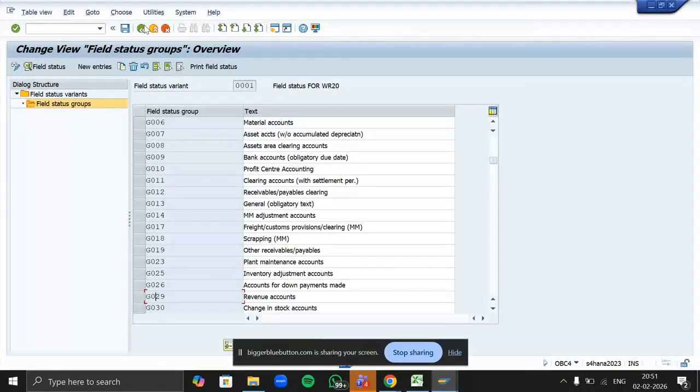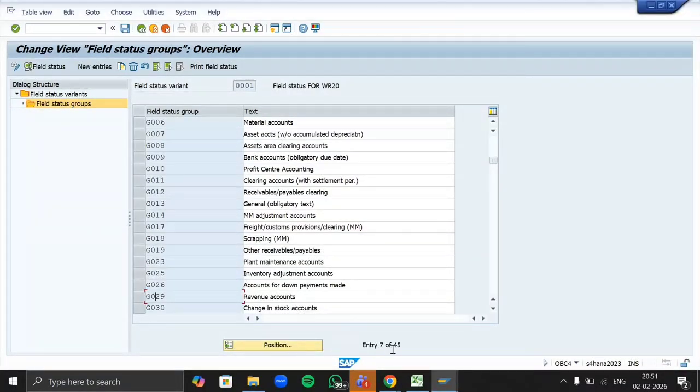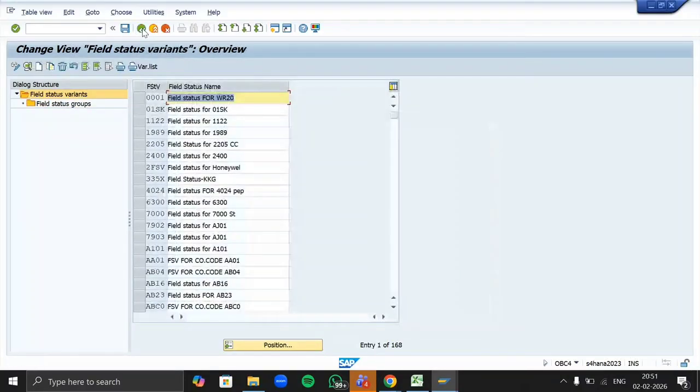Now, all these groups we need in our company code's field status variant, right? So we have 45 groups overall, and all these 45 groups I need in my company code's variant. First of all, we have to create this field status variant. And as I told, we are not going to create new groups there. We are just going to copy it from the existing one. So just watch it carefully because I won't be able to copy the same thing once again.